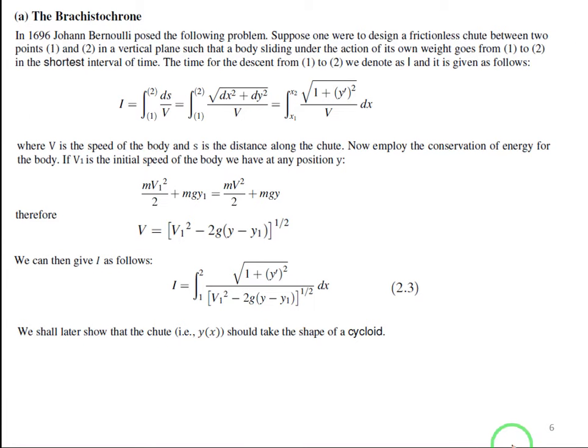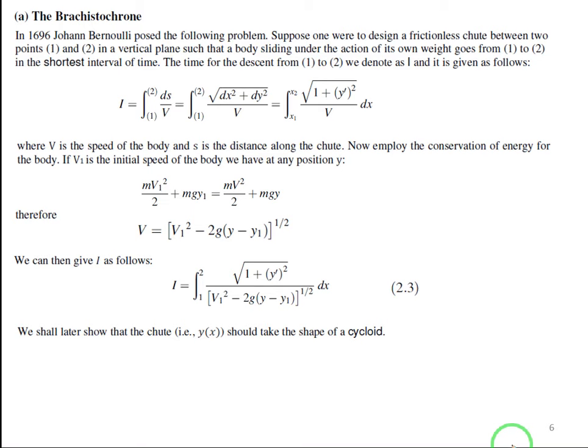Let's start our first example, which is named brachistochrone. This example was first presented by Bernoulli in the 17th century. Let's first speak about the problem and then about the formulation. The problem is